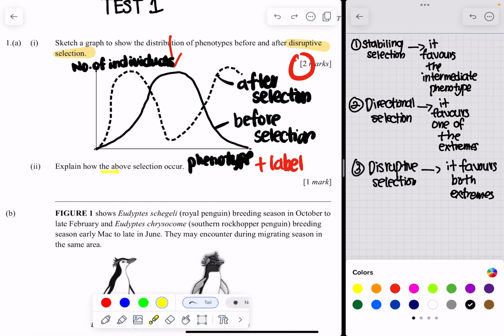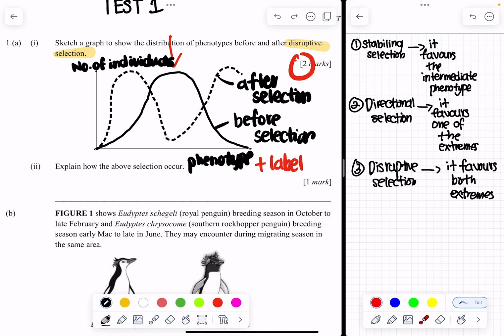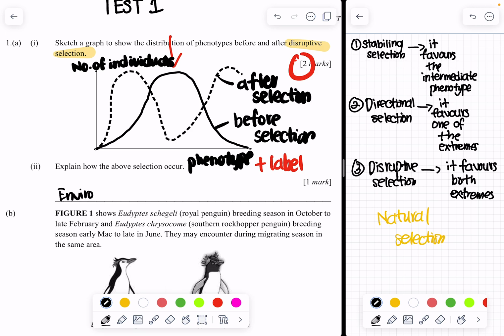Explain how the above selection occurs. So now you have to explain it. How? You can say, look at the notes on the right side, guys. It favors both extremes. So what favors both extremes? You have to remember this is natural selection. So we can say environmental condition